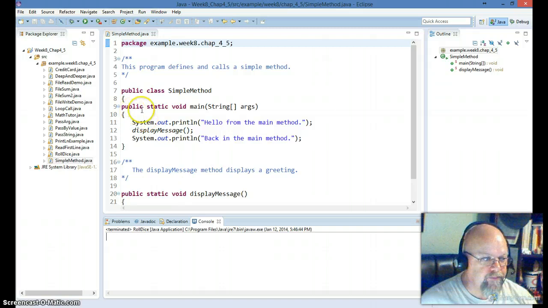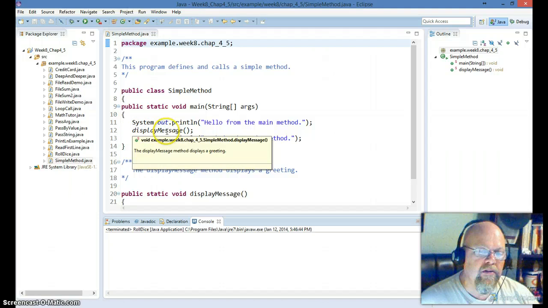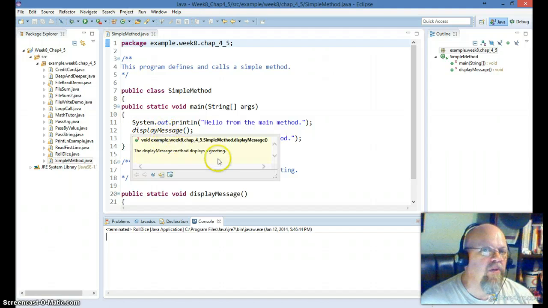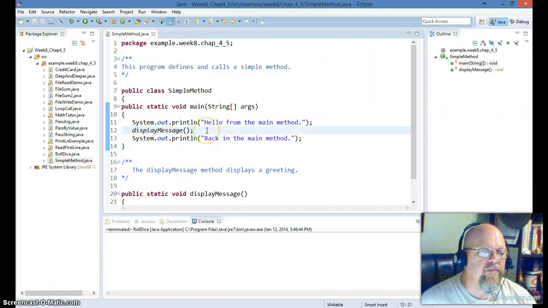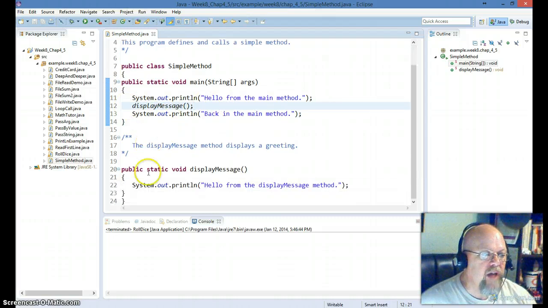So here's my static void main, and basically it's going to print a line, hello from the main method, display message, left and right parenthesis. Now what is that about? Whenever we see this italicized, that's telling us that there's a method within this class that is being called. So if we scroll down a little bit,